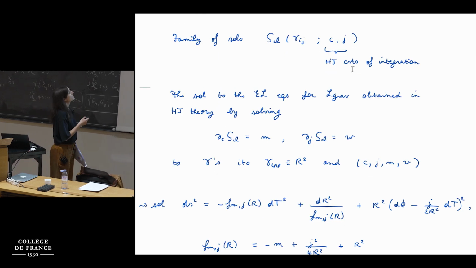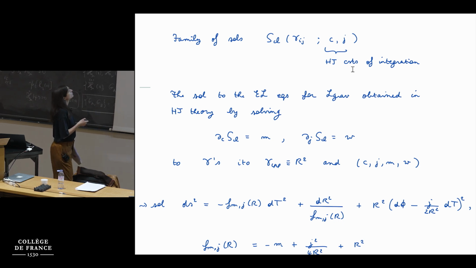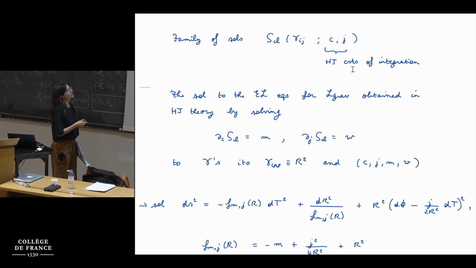Okay, so you find this family of solutions, and then the procedure in Hamilton-Jacobi theory to solve further for a solution to the Euler-Lagrange equations of your gravitational Lagrangian involves imposing these additional conditions on the dependence of the classical action on extra constants here. And this you can solve further, then you find gammas in terms of one of the gammas, so it's a relational solution, and in terms of all these